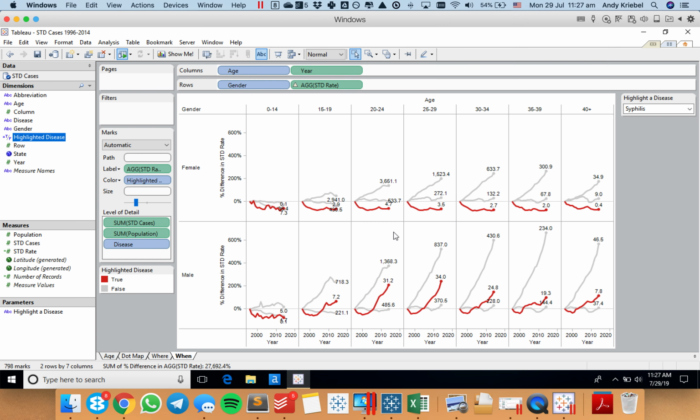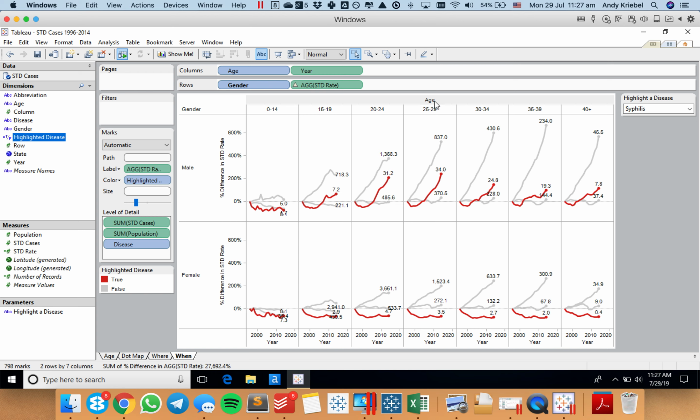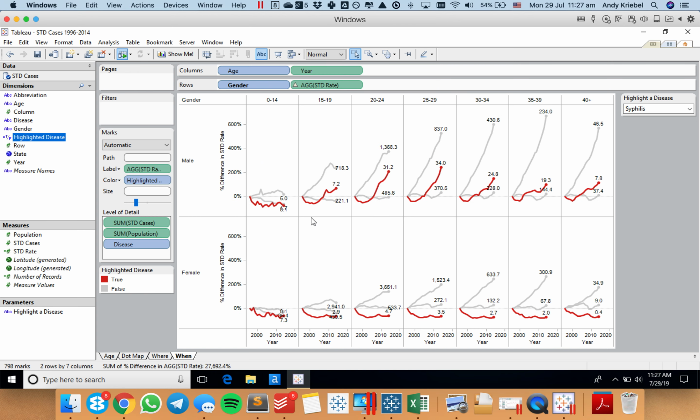So we can see some of the rates are quite different between males and females. Some of the rates are higher for males. I'm going to make the males first because it looks like the numbers are all higher for males. Okay, I'm going to hide the header for the age. Great. All right. Now, I only want to show the label for the red line, so I need to create